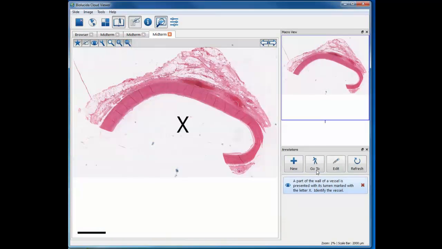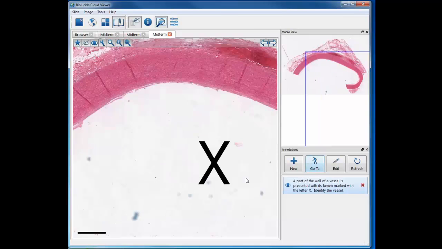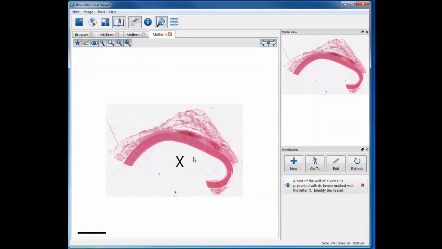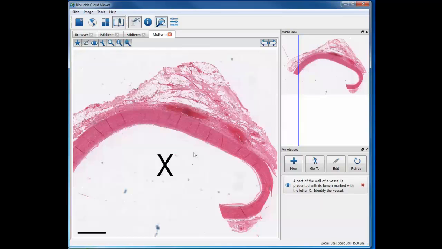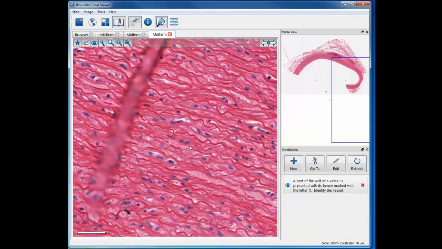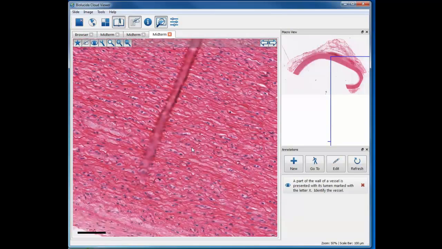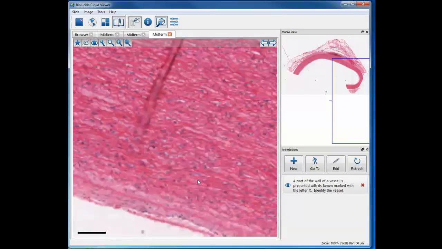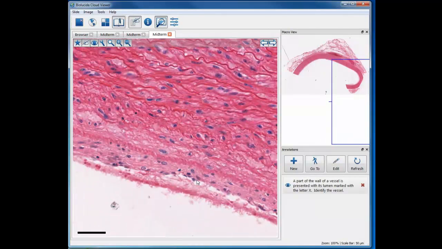This question asks you to identify a vessel. We're going to have to reduce this down, see the X. A part of the wall is presented and has an X in its lumen. The first thing you're going to have to do is enlarge this and look inside. The first thing you see are these elastic membranes, and there are multiple layers of these. And here would be the light staining